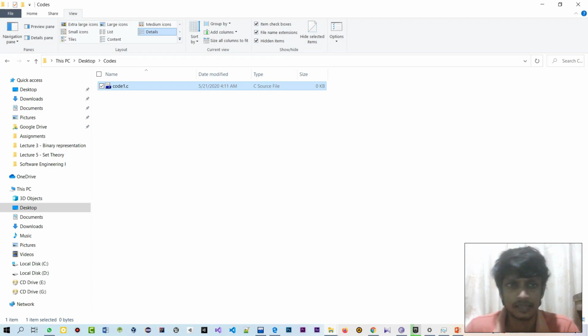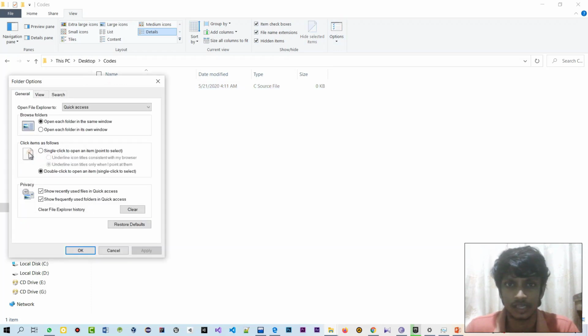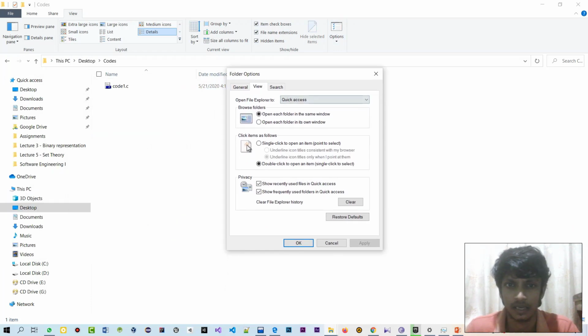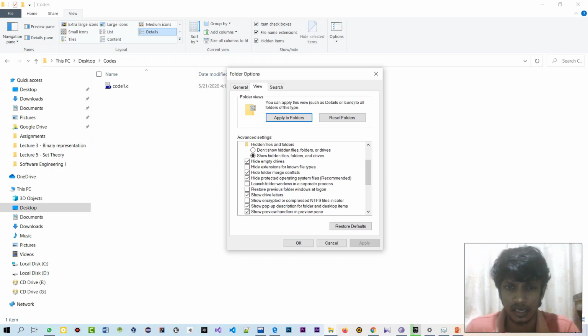If you can't see that extension on your file, you can go to the toolbar, go to View, and here is the option called hide extensions for known file types. This should be unticked, otherwise the extension won't be shown.